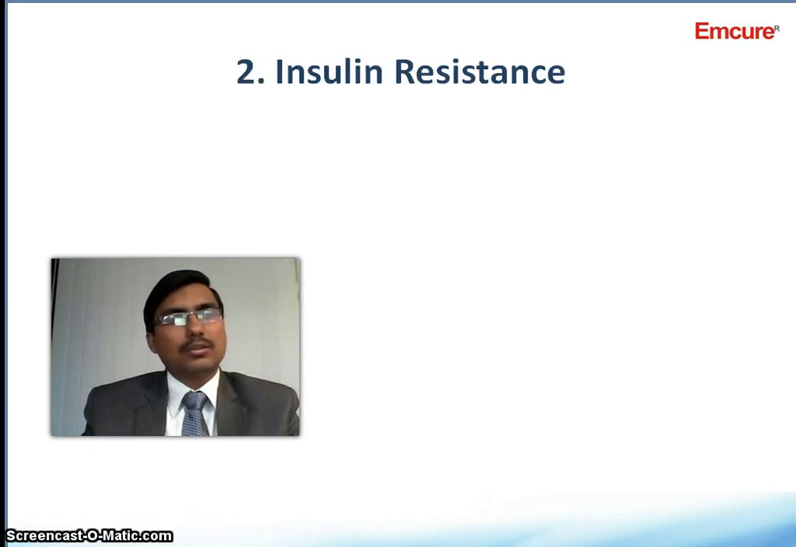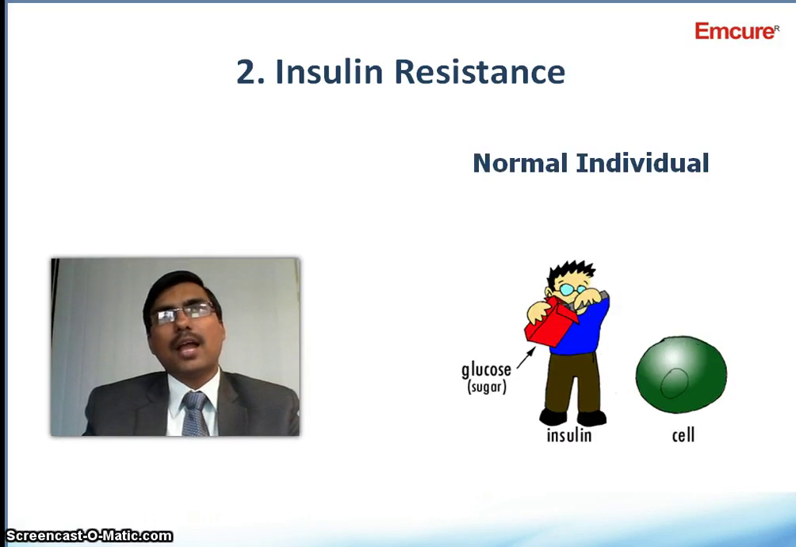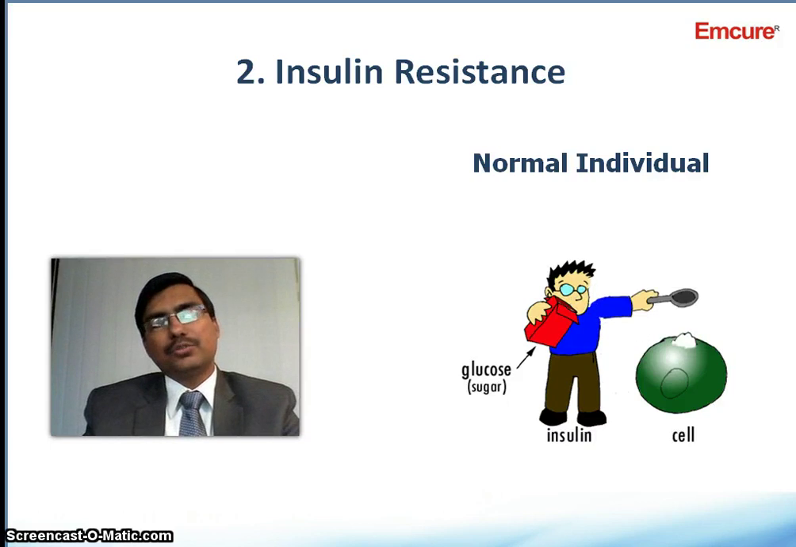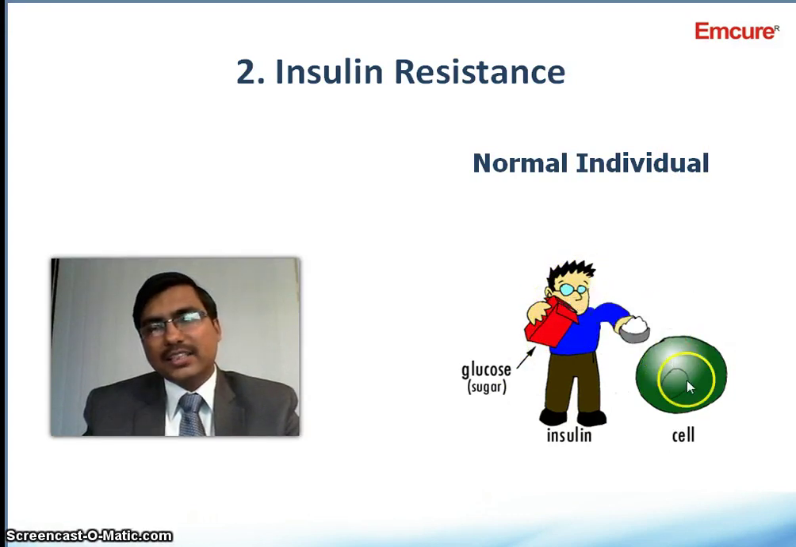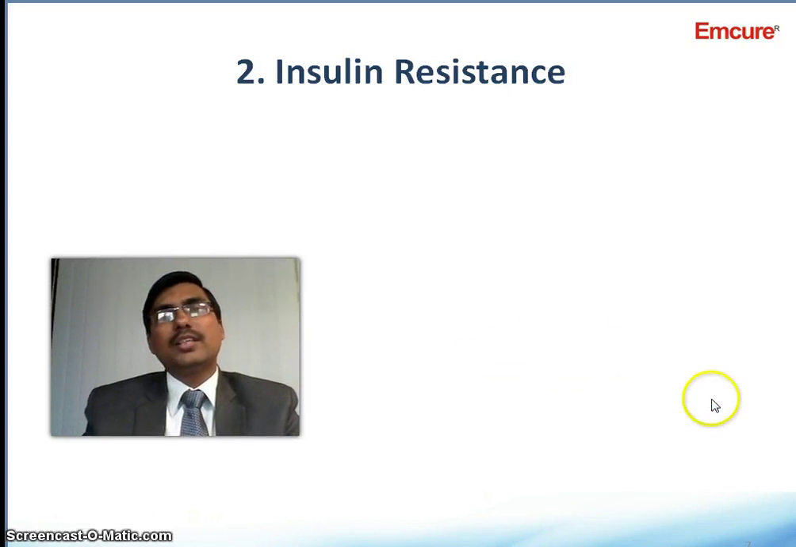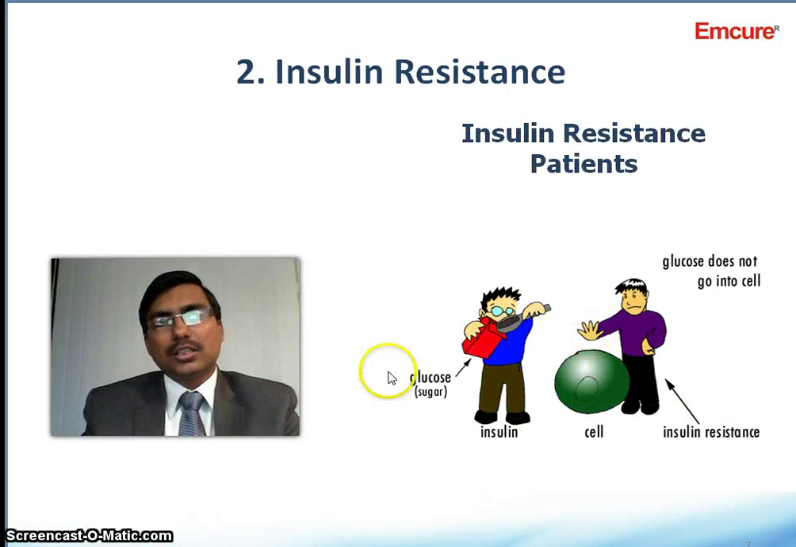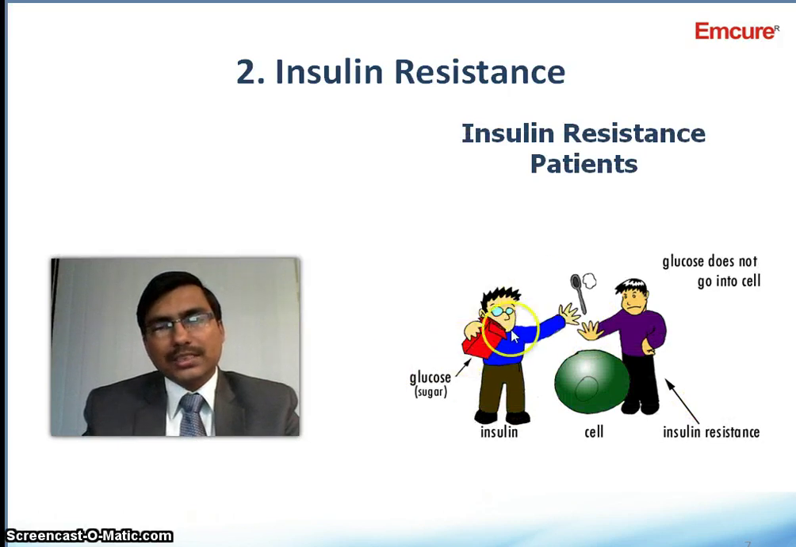Now let us understand what is insulin resistance. Before we understand what is insulin resistance, let us see what happens in the case of a normal individual. In a normal individual, as you can see in this picture, this is glucose which is present in the blood, and this glucose can easily enter into the cells. However, in insulin resistance cases, what happens is the glucose which is present in the blood cannot easily enter inside